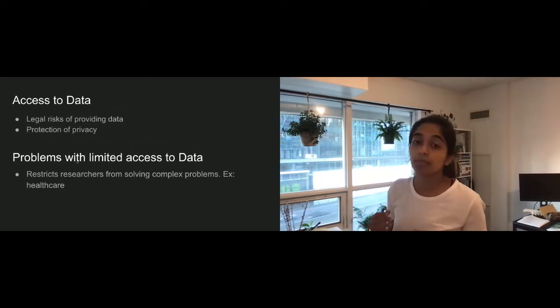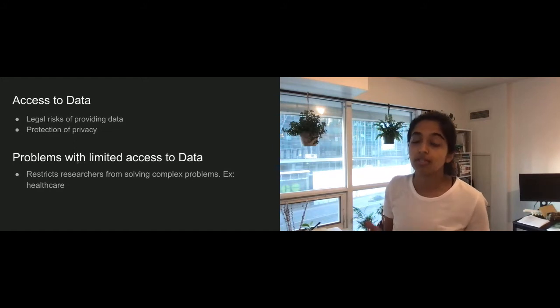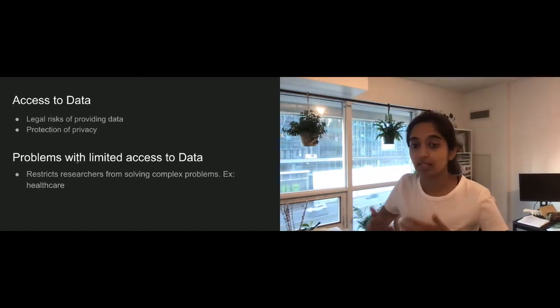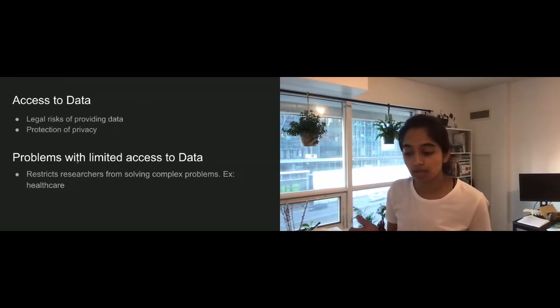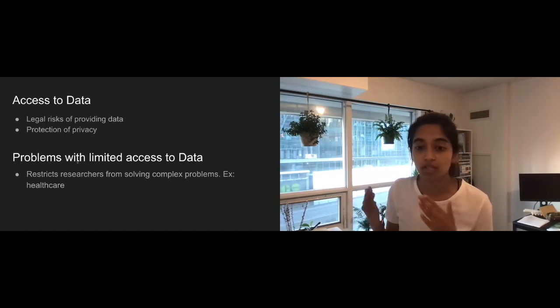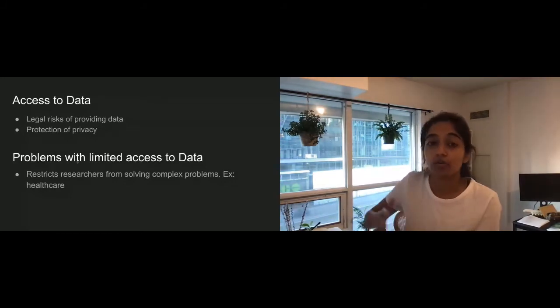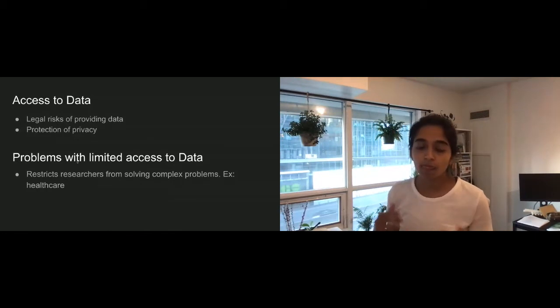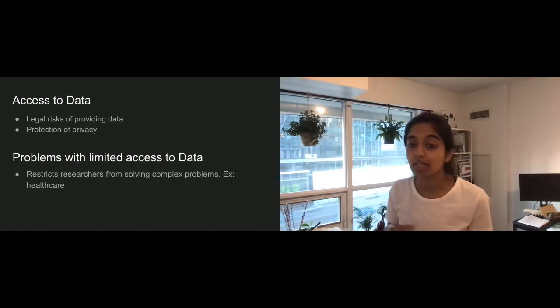For legal risks, you can think about health institutions. If you want access to that data, they can't really provide it because they are legally restricted from sending out that data to anybody else. And for example, if you want to get data on all of the people in prison right now, you cannot do that either, because they want to protect the privacy of all of the individuals in the criminal database. So getting access to data is not always easy and simple because there are a lot of guardrails. But what is the problem that we run into when there's limited access to data?